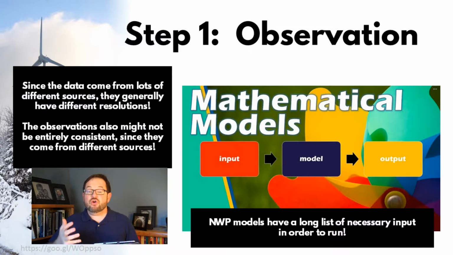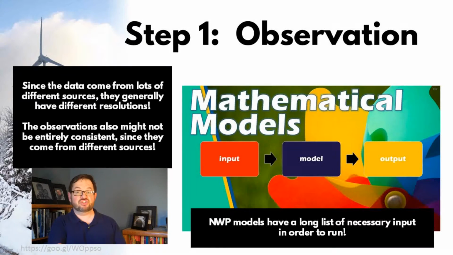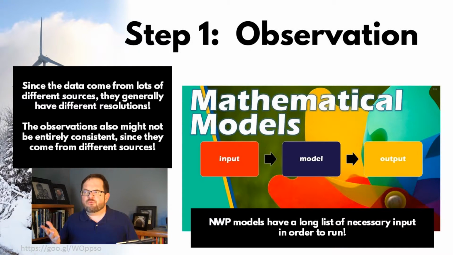Now, we're going to be taking all of this input information, whether it is an initial condition that's describing the weather right this second, or boundary condition that kind of describes the configuration and the background physics that we're imposing on the model simulation. But what kinds of inputs we're talking about, we have an issue here. These data are going to be coming from lots of different sources. Surface stations, upper air stations, radar stations, satellites, buoys, ships, pilot reports, etc. They're going to have different errors, they're going to have different resolutions, they're not really internally consistent.